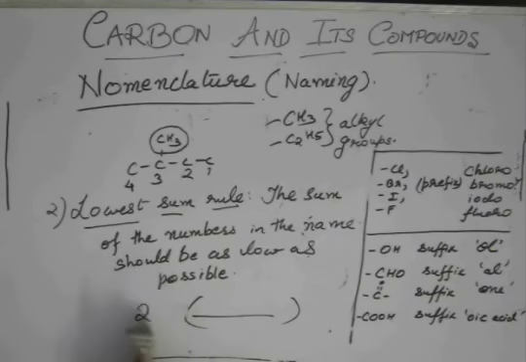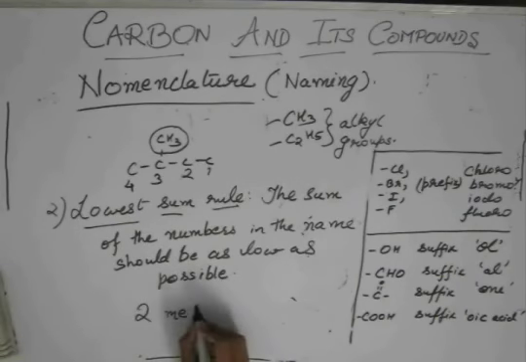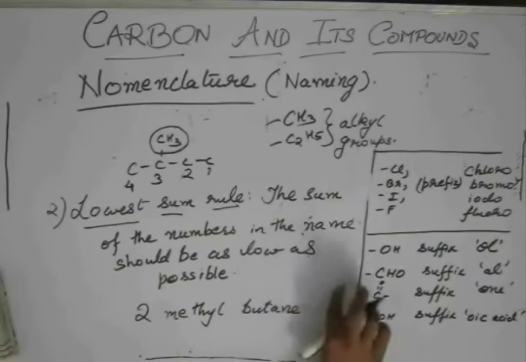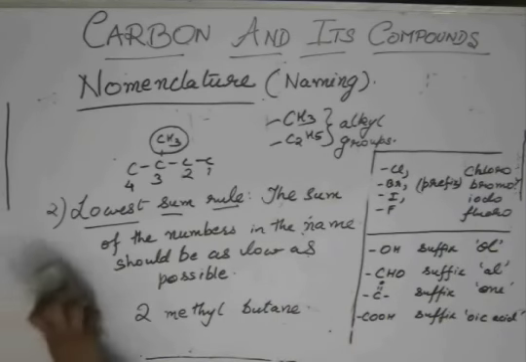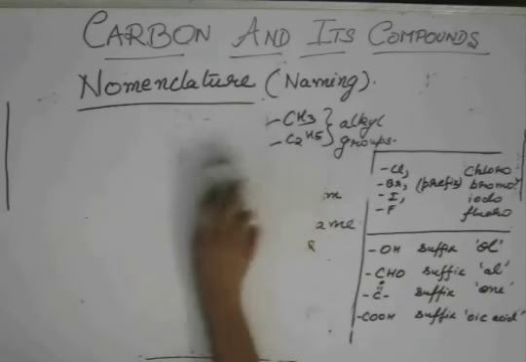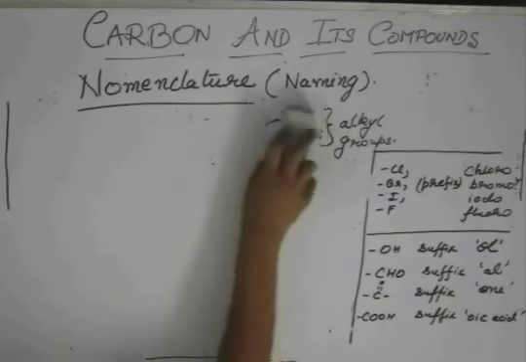If we take 2, it is obviously lower than 3, so that is why 2-methyl butane will be correct. Now if we have more than one alkyl group present in the chain,